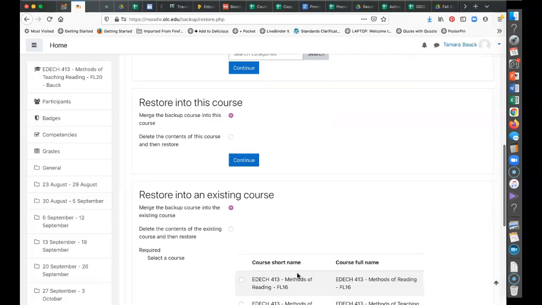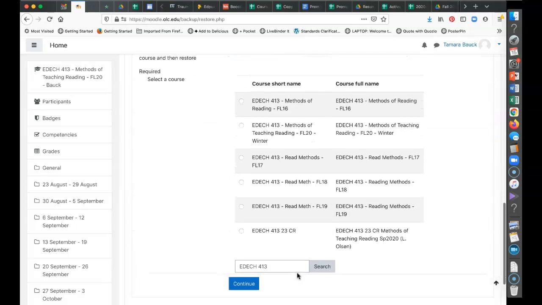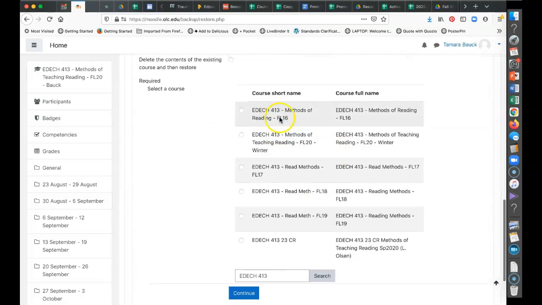And now again, you have to scroll back down to the bottom, but now it's come back and it has given me options of the ED/ECH 413 class that I put in. It brings them all up, and then I have here